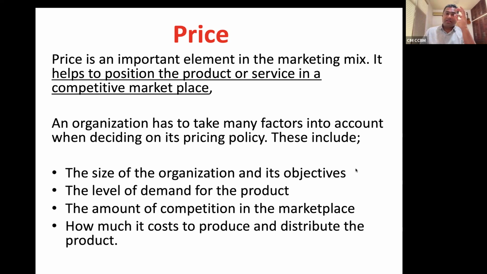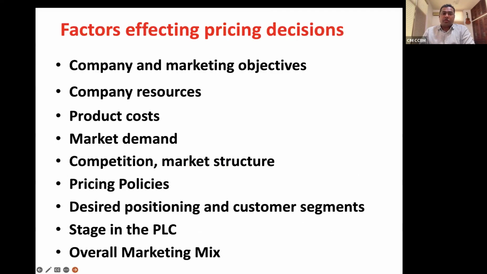So the second P also helps position the product in the mind of the customer. So the price usually tells us the quality level of a product. So you convey with price, you communicate a certain positioning in the mind of the customer. Okay, so let's look at